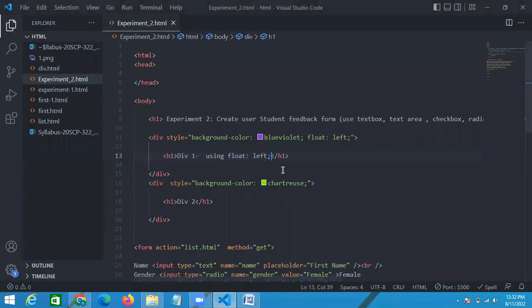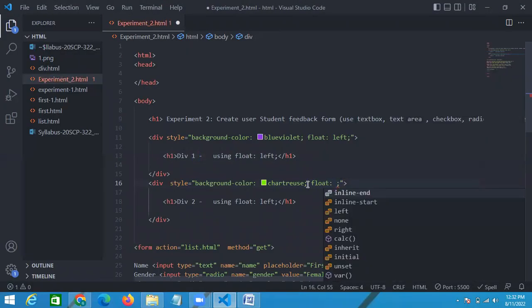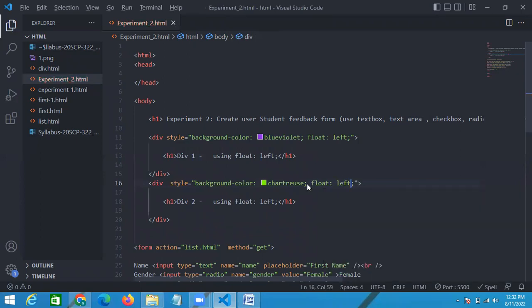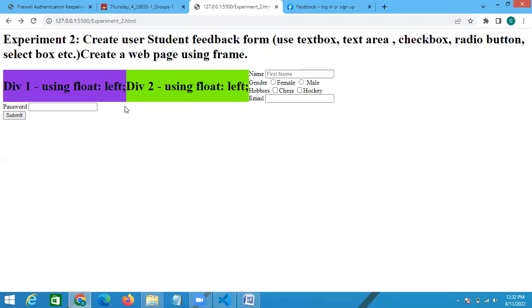Again, if I write the same value with new data, div2, now use float left. So data is placed here, two divs are there, but if I want to divide into only two parts, div1 and div2,